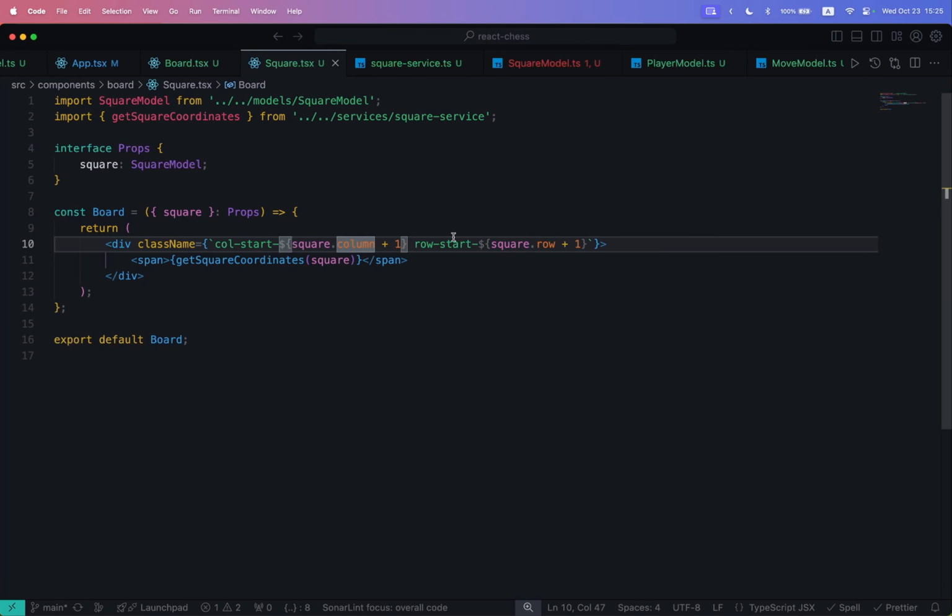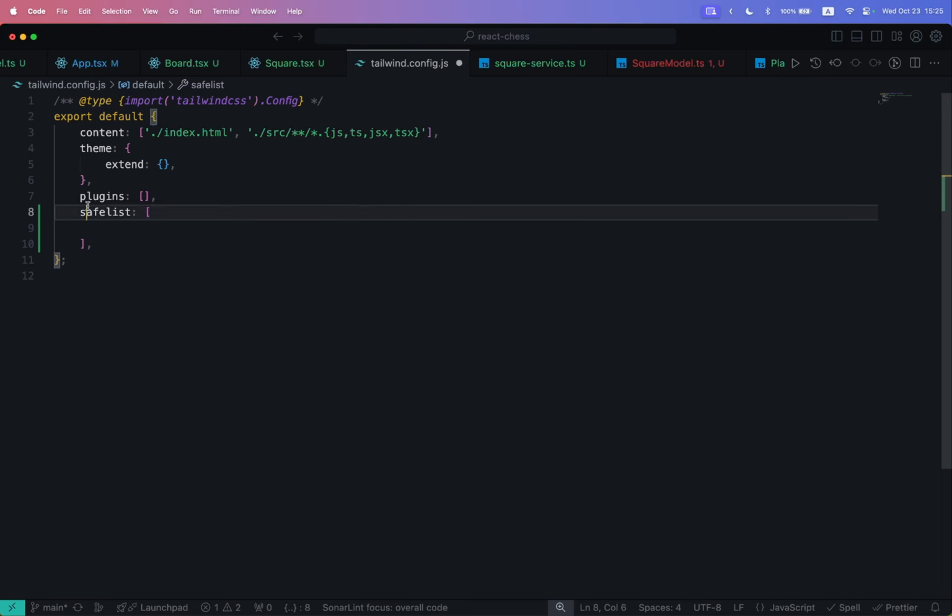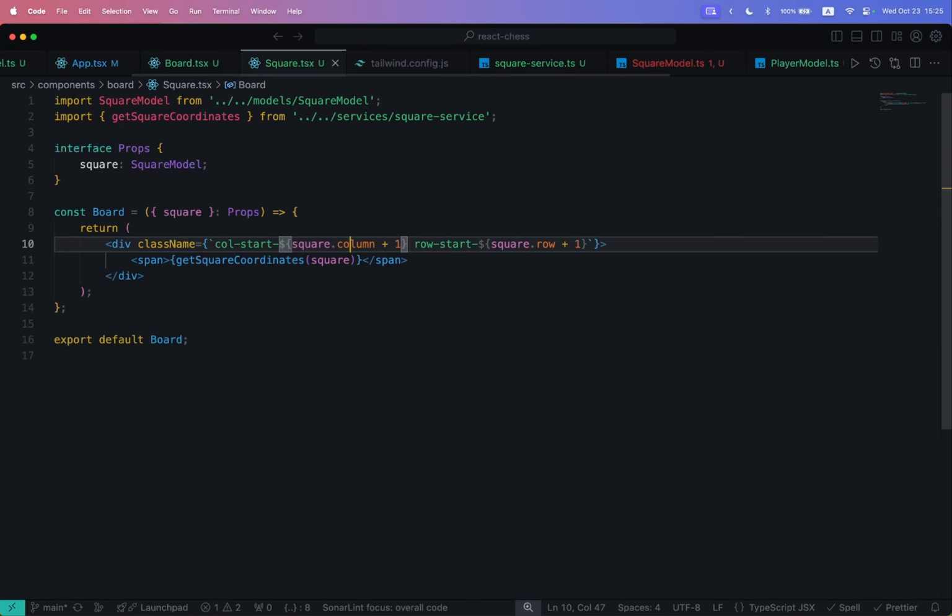We can fix that by coming to Tailwind config and adding a safelist. A safelist is an array of classes, Tailwind, that we're going to use always in our project, even if we're going to use it dynamically, which means that everything that is inside of the safelist will be inserted in our project, even if we don't use it. So let's add this here and make sure that you use this with caution. Do not grow, of course, your